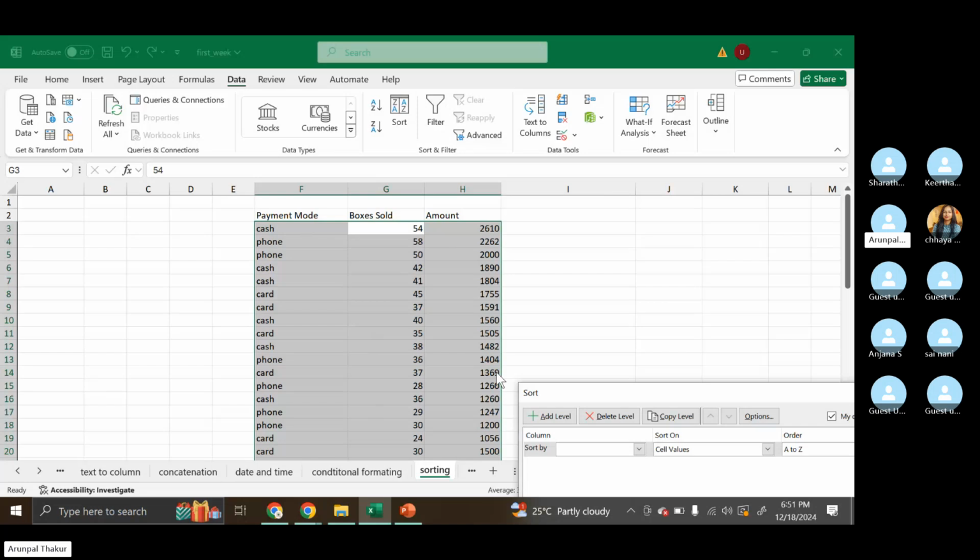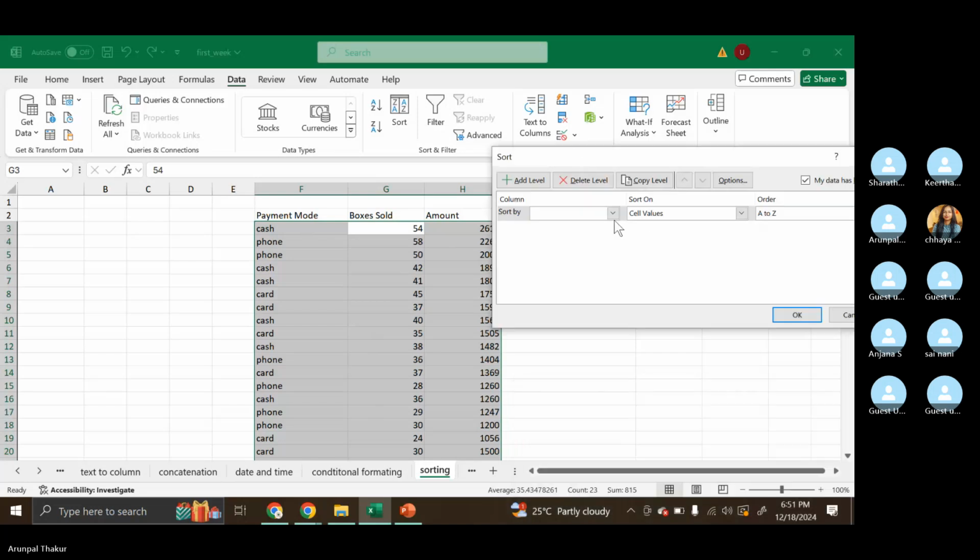Okay, now I am sorting. What I want to sort, let us suppose payment method. When I say payment method, the values are in characters, right? A, B, C, D. So it is saying A to